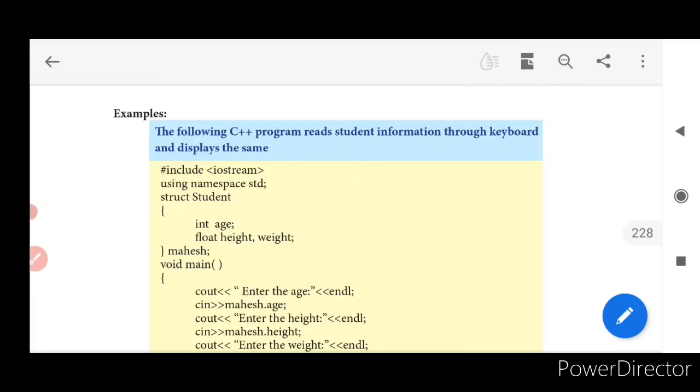What is a structure? Structure is nothing but heterogeneous collection of data items. See, in your array concept, the difference between array and structure is going to be this. Array is going to be homogeneous collection and structure is going to be heterogeneous collection. What is the difference? Same data items are going to be accessed and processed in array, whereas in your structures, it is not like that. Different data items are going to be processed and accessed. Yes. And how do you access them? Using a reference variable. And if I am not going to give a structure name, what is it termed as? It is termed as anonymous structure. And even the anonymous structure can be accessed using the reference variables.